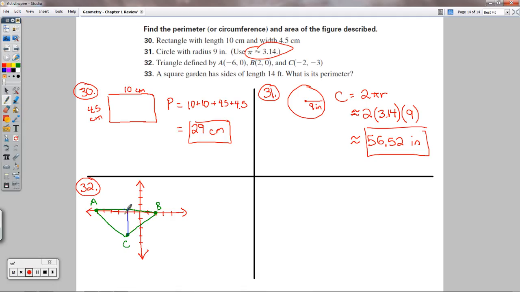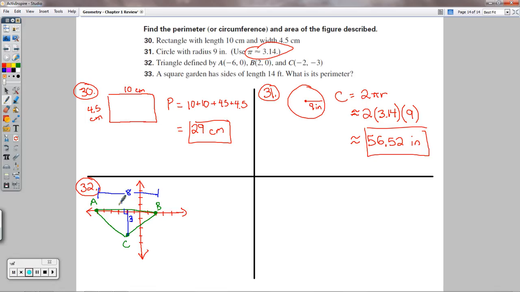These links on a diagonal. Alright, so I know that C goes down to -3. It's going from 0 to -3. So I know this is a value of 3 from right there to right there. I know AB would be, this is going to -6. This is going to 2 in this direction. So that's a total of 8